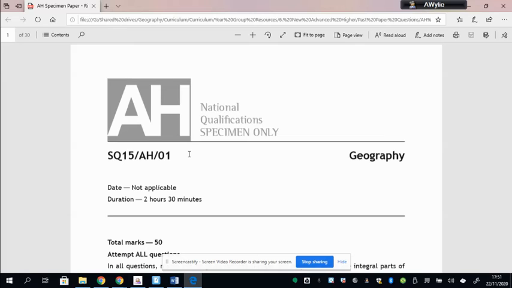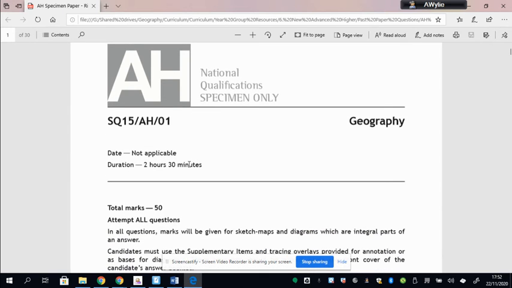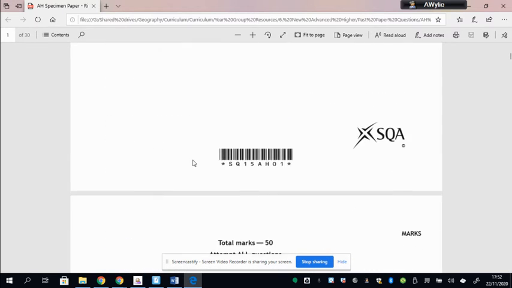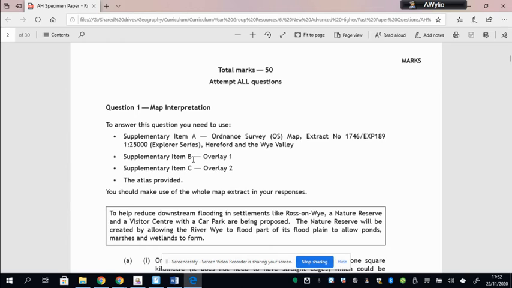Okay, I'm going to give you some advice on how to prepare for an assessment question, which deals with the first part of the Advanced Higher paper. So this is what we call the map interpretation questions. And the first thing you have to know is that you're going to get a large Ordnance Survey map, and